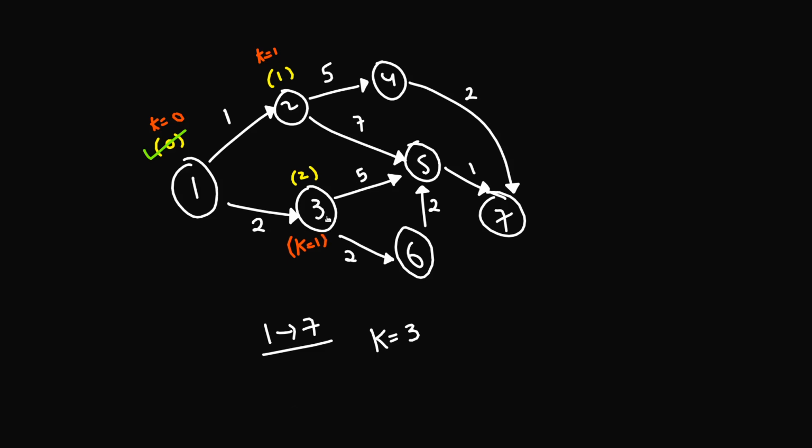Okay, next thing that we have to do here is, in usual Dijkstra, what you do is you take these weights or these costs into account, and you pick the minimum cost. But here we don't only have the cost, but we also have the value k. So what we'll be doing is giving the priority to k first, and giving the priority to the cost afterwards. Okay.